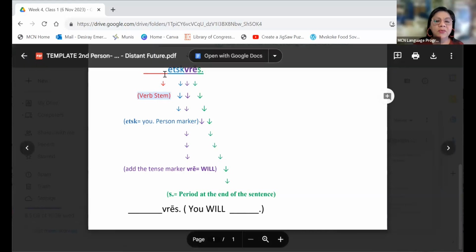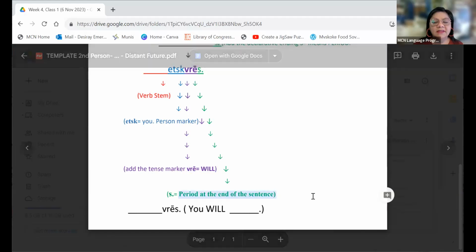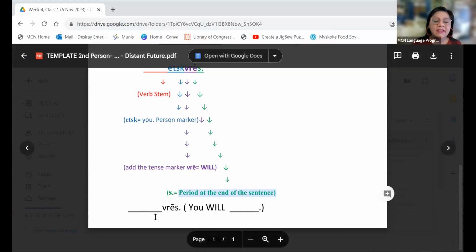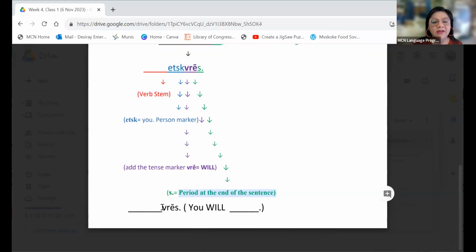Verb stem would be HOMP, home. It's, so you know what it means in the sentence. Athi, you know what athi means right there, and you know the S is the period. So home, it's athis, and you will